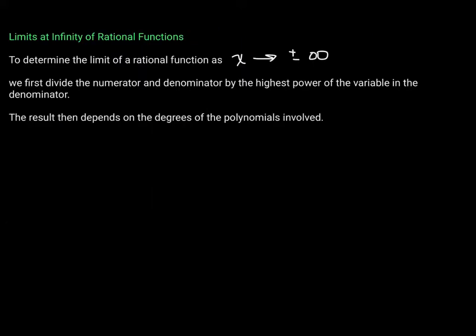Now let's talk about limits at infinity for rational functions. Now we're going to use a strategy here. It's a popular strategy, and that is whenever we have a rational function, we are going to divide the numerator and the denominator by the highest power of the variable that appears in the denominator. Then the result will depend on the degrees of the polynomials involved. For example,